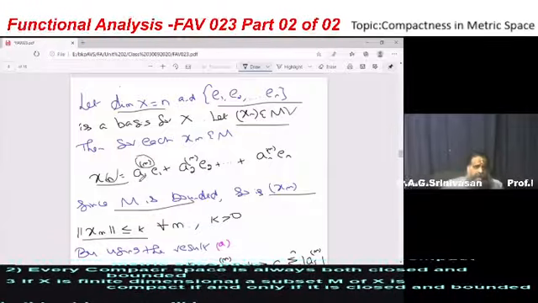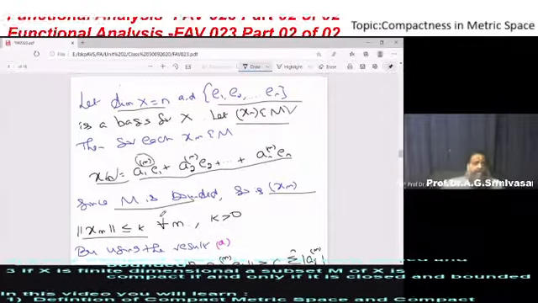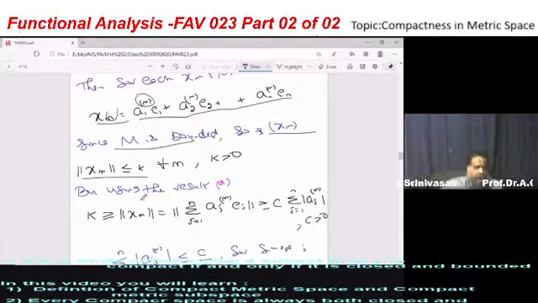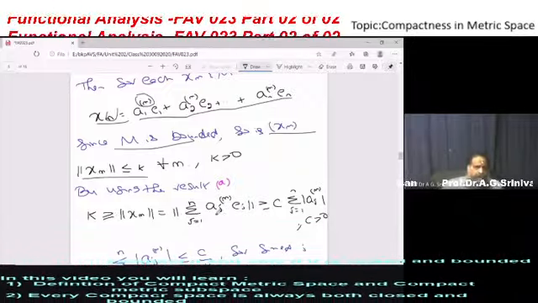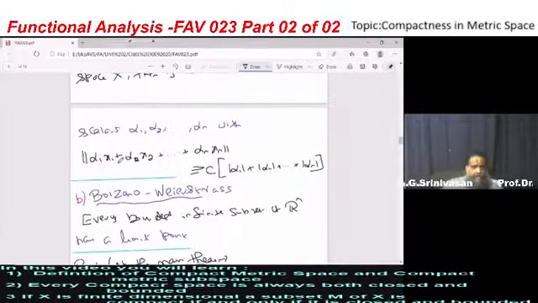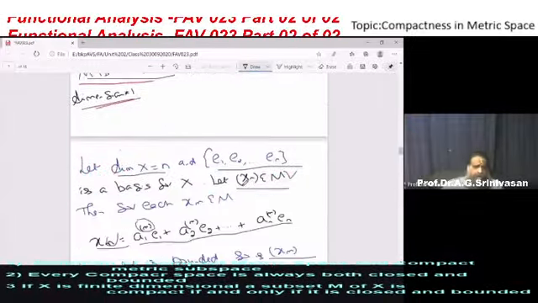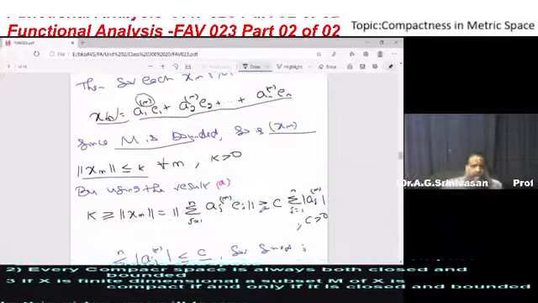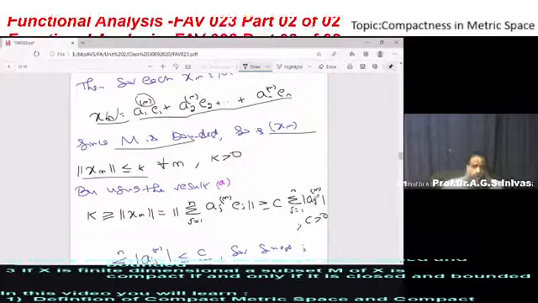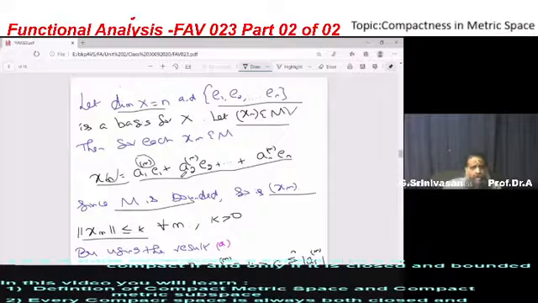So this norm of Xm is going to be less than or equal to K. But what is Xm? Xm is A1 power m E1 plus A2 power m E2 etc. An power m En. So K is greater than or equal to the norm of Xm. The norm of Xm is the norm of the sum over j from 1 to n of Aj power m Ej, and by the earlier result, the norm of this sum is greater than or equal to C times the sum of the moduli. So this is greater than or equal to C times the sum over j from 1 to n of modulus Aj power m. What are the Aj's? Aj's are scalars, belonging to R or C.